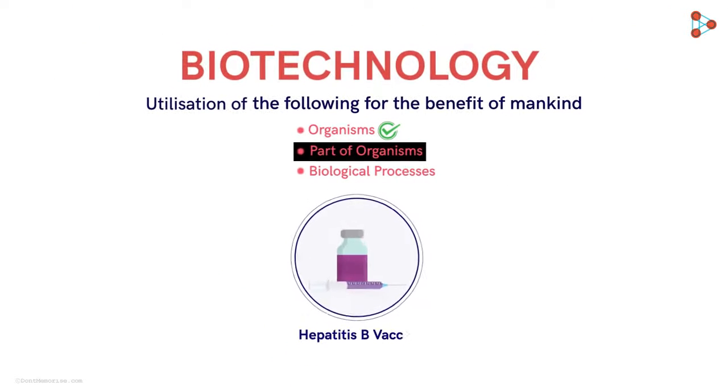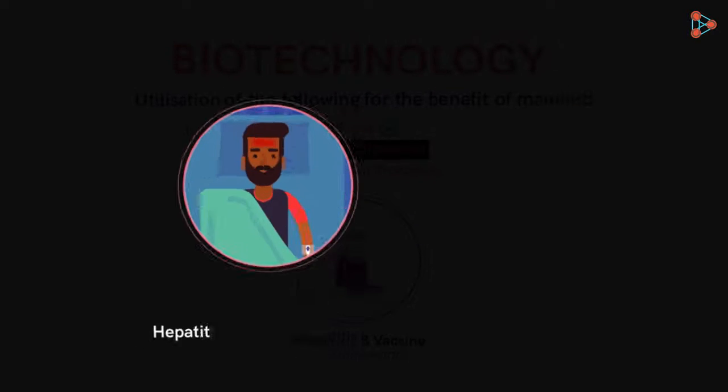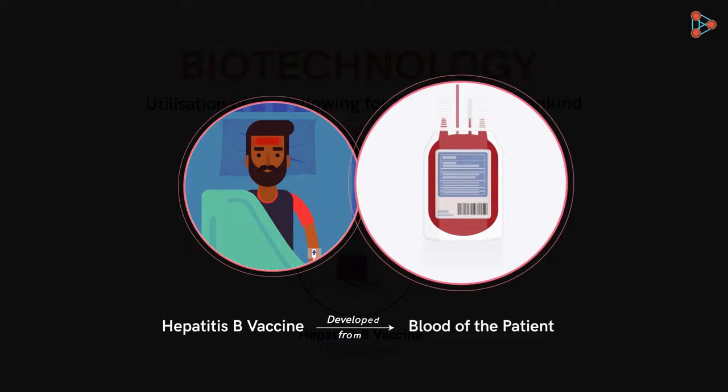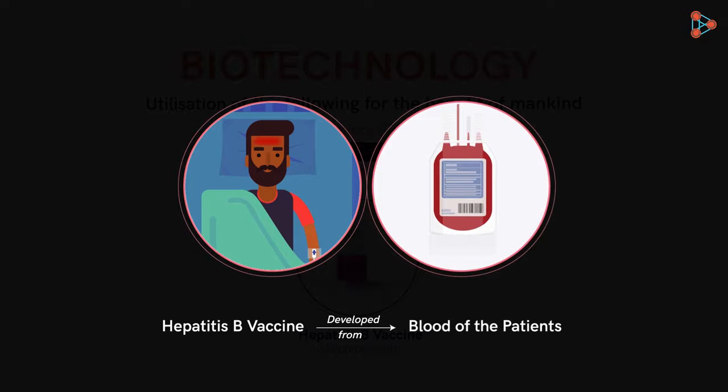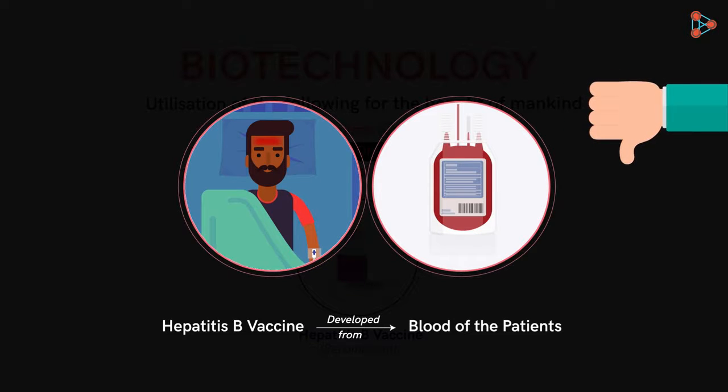Now let's take the hepatitis B vaccine as an example. This vaccine has a recombinant version. Previously, the hepatitis B vaccine was developed from the blood of humans who were already suffering from hepatitis B. But this was very painful for the patients as the amount of blood required for vaccine production was too high. So extracting a particular amount of blood of the infected person was very excruciating. And as the vaccine was derived directly from the patient's body, there could be negative reactions in the receiving candidate.